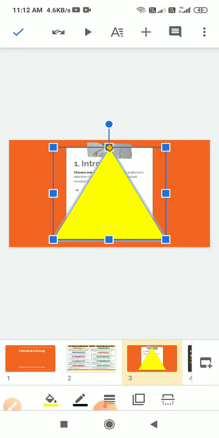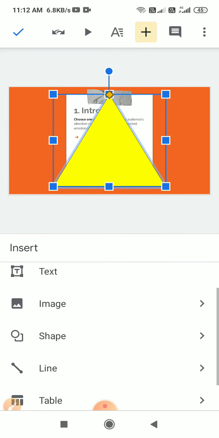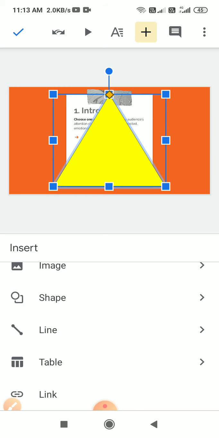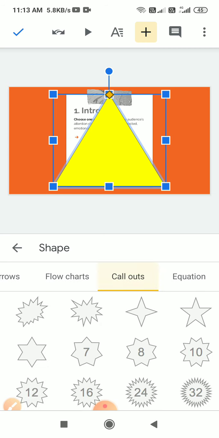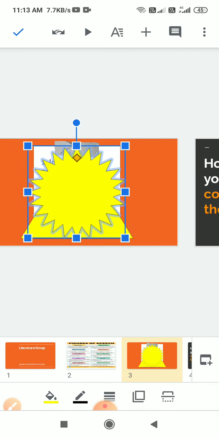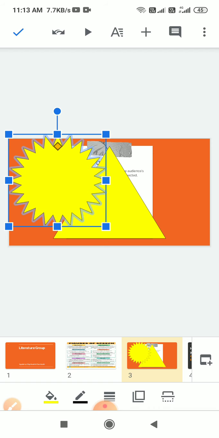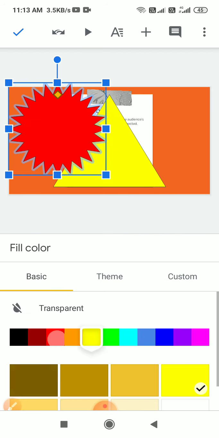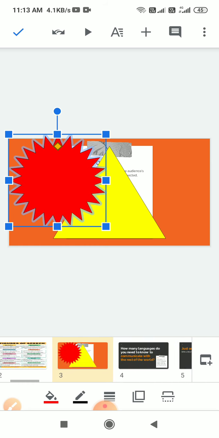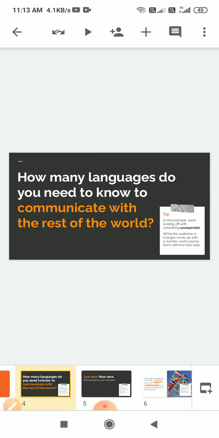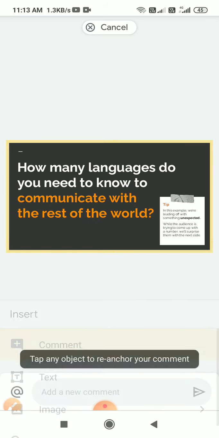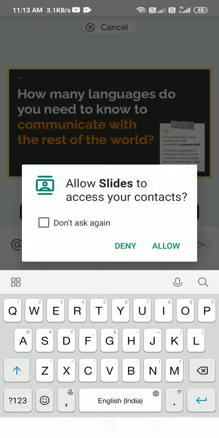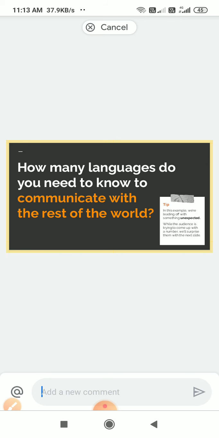Now move on to the next part. You can also click this button. And you can also check some kind of line, shape, flowchart, callout, anything, whatever you want, you can take it. You can just change it from here to there. Now I just want to change the color, I can change it like that. Now we will move on to the next slide. For example, I want to add some comments. So I will also add the comments. You can also add some kind of comment here.